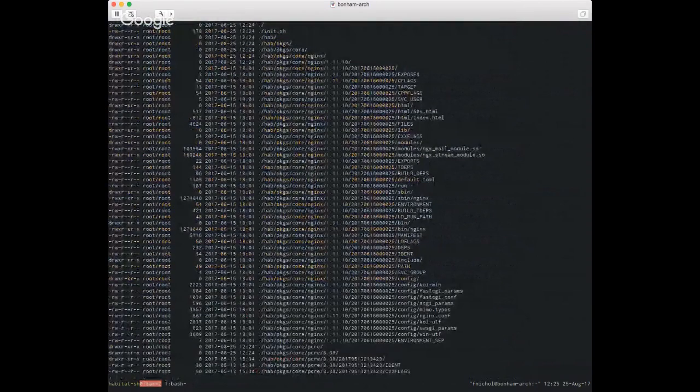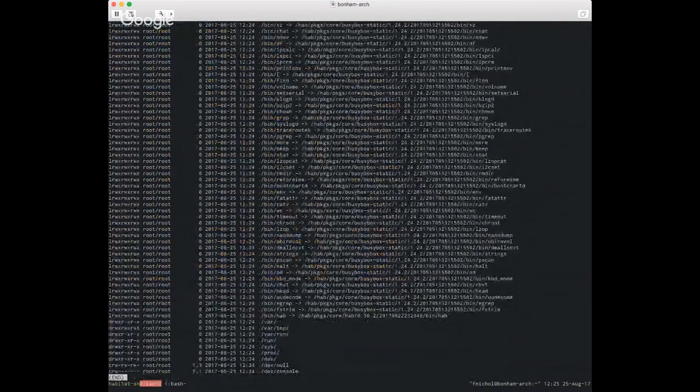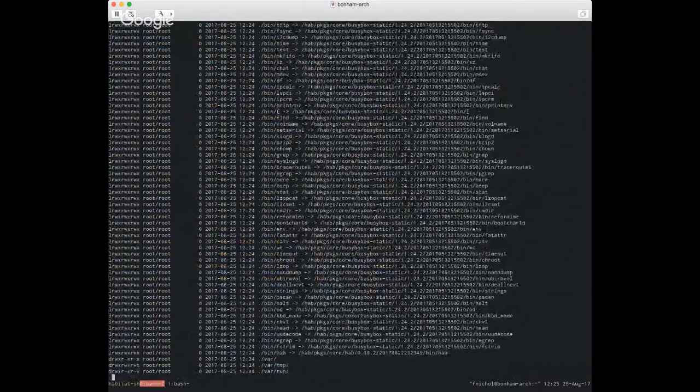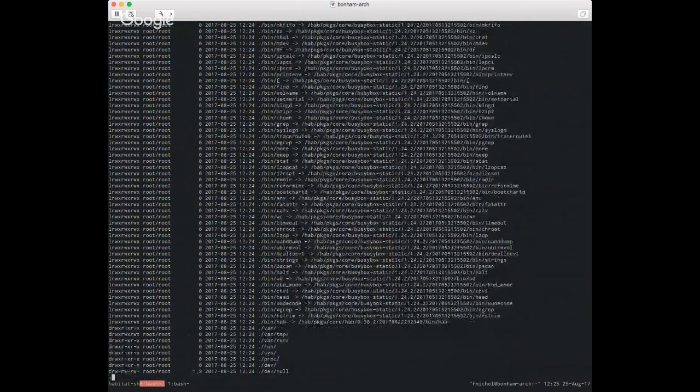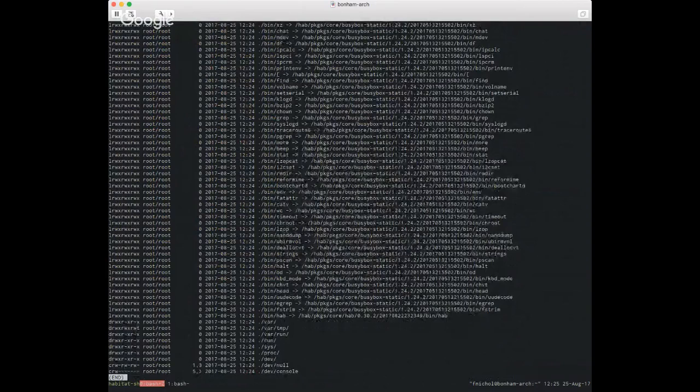And you can see it's similar to what we had before, all these hab things. Right now, the bin directory is a little more populated because we can do that more easily now. So this is everything in our busybox static, plus the hab command in a reasonable sane place, which means the path entry now only has to be one thing. We could get rid of a whole lot of these